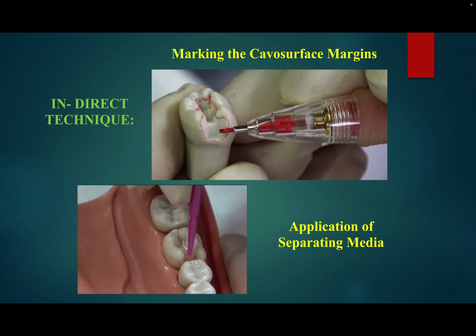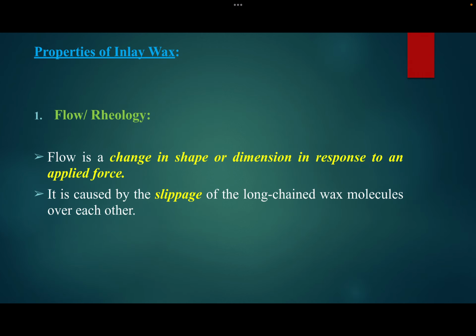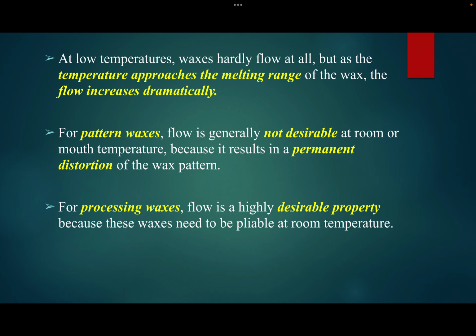So in the indirect technique, we should mark the cavo surface margin, apply the separating medium, then the wax is added in layers. Then what are the properties of inlay wax? First one is flow. It's a change in shape or dimension in response to an applied force. At low temperature, usually the wax hardly flows, but as the temperature approaches the melting range, the flow increases